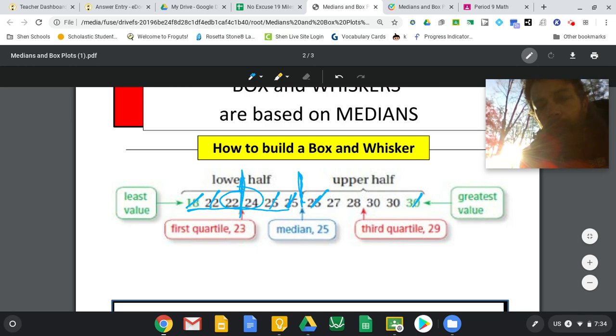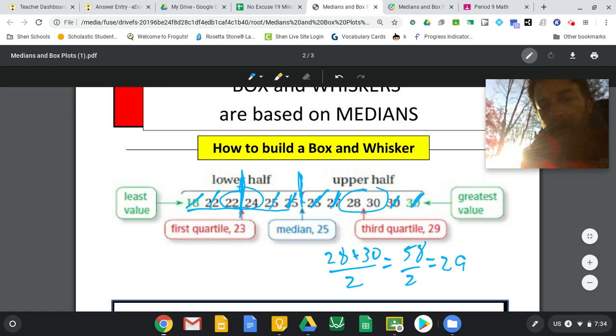And then you do the same thing over here. You can see I've crossed off two numbers on either side. I have two medians again, so I take the average of the two medians, which is, you add them together and divide by 2, and you get 58 divided by 2, which is 29. So the third quartile is 29, because you can see my first quarter over here